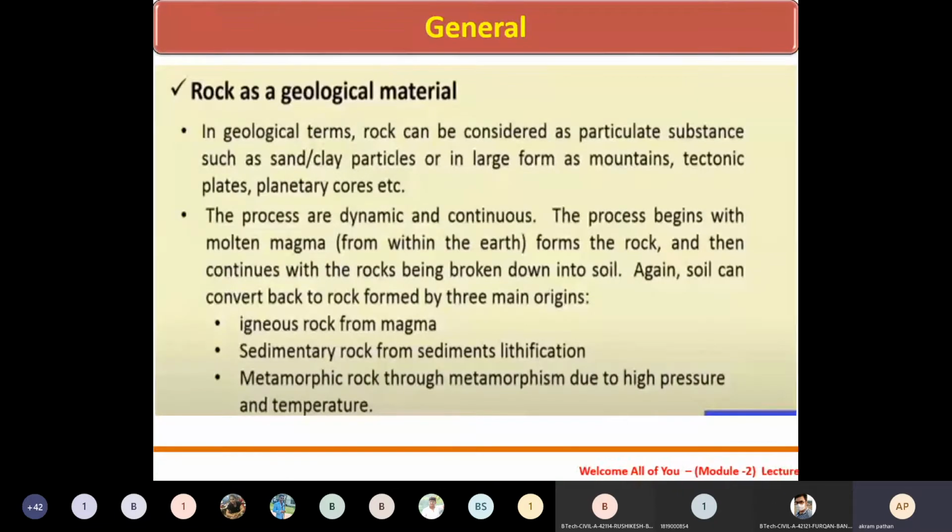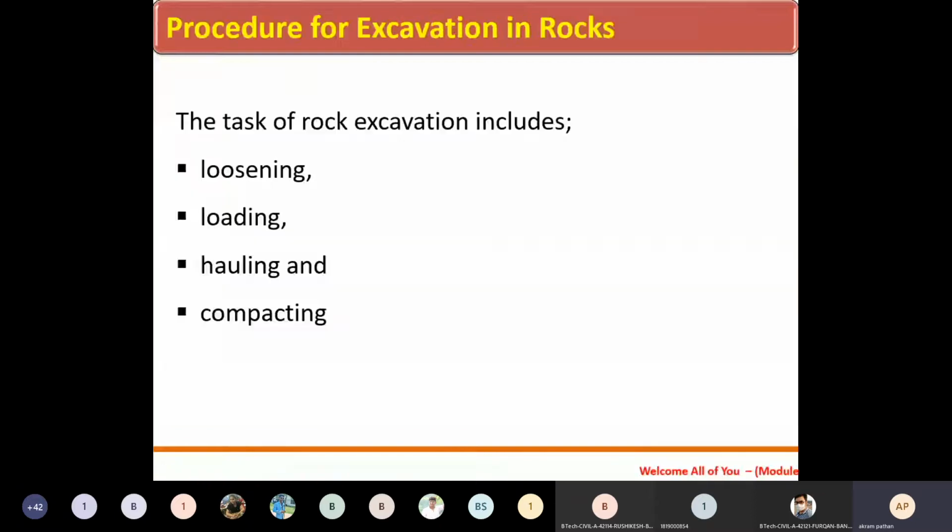This preamble session we have completed in the last lectures, meaning what is rock, what are the various types of rock, and what are the properties of rock. Then the procedure for excavation in rock also